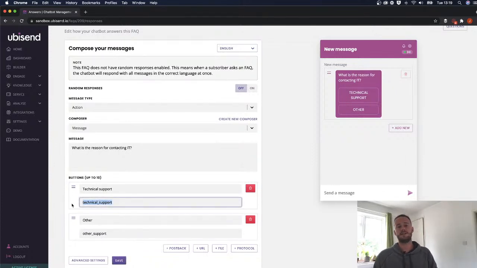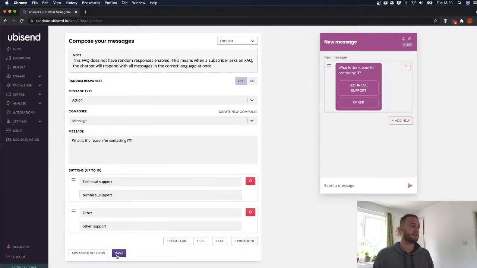What I've just highlighted is this technical underscore support. This is called a postback. It essentially works as an internal signpost. So when a user clicks this technical support button, they'll be taken to a conversation that is triggered by this technical underscore support signpost. So if I click save,